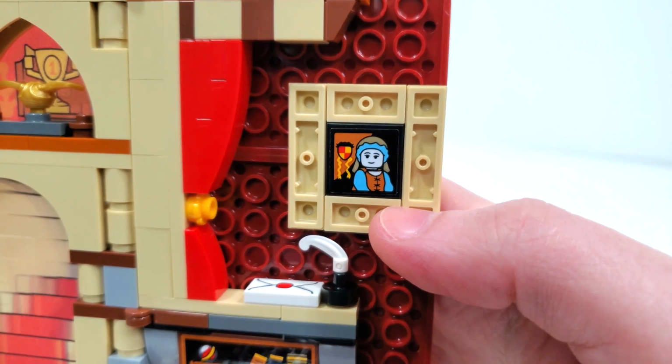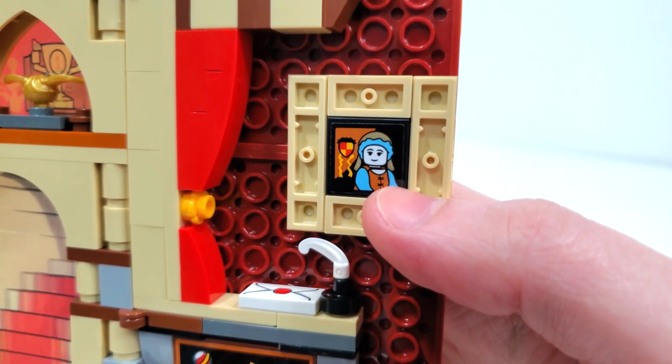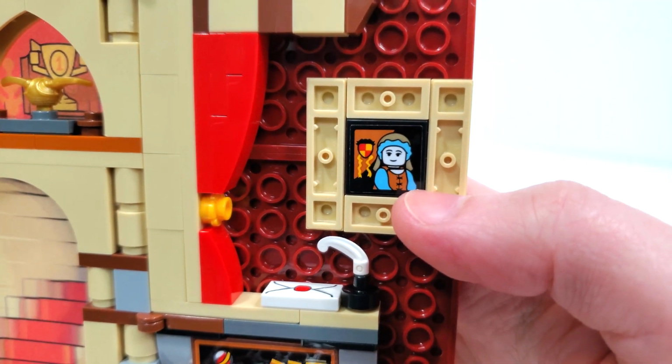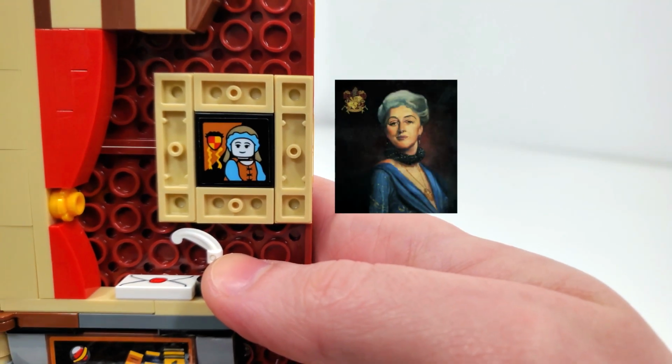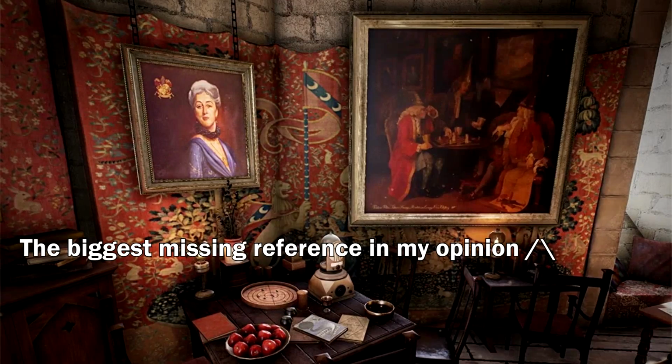actually surprised me. We have a sticker on this inverse 2x2 tiles of one of the original heads of houses for Gryffindor. I think it's really interesting that they decided to include her here. I'll also include the actual portrait off to the side. This is mainly referenced in video games, I believe, so it's interesting to see that LEGO had the reference material